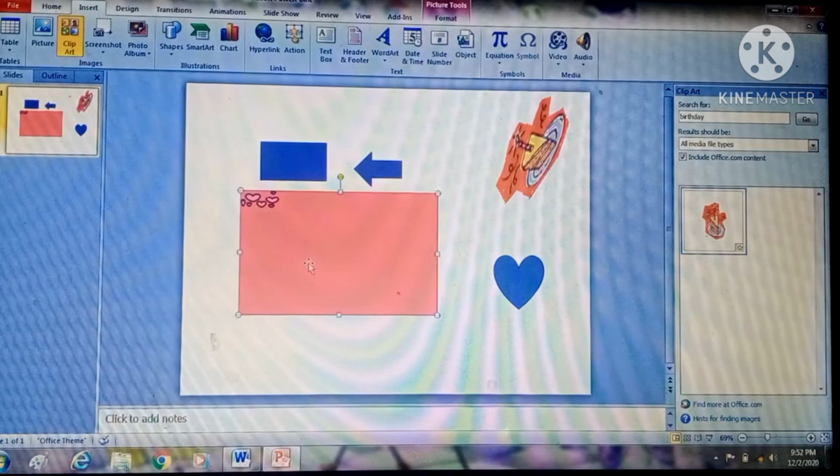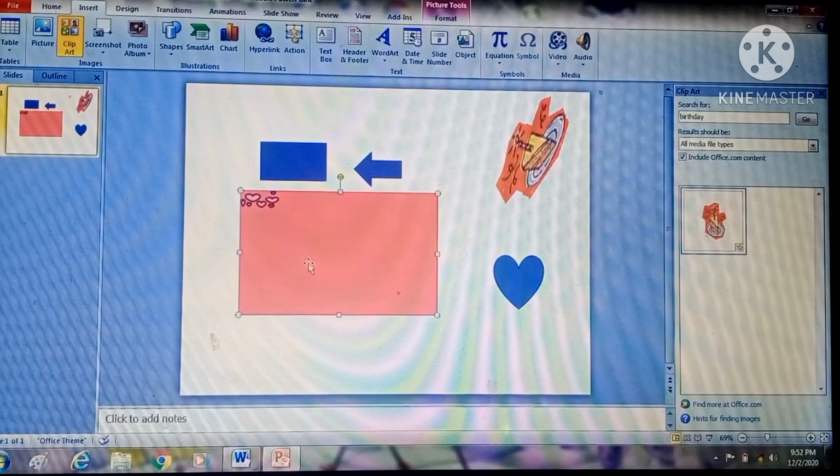Now this was all about this chapter. In this chapter we have discussed how we can insert images in a presentation. There are two methods to insert an image. We can insert an image from a file. We can insert an image from a clip art. Next we can format an image, like we can move an image, rotate an image, resize an image, delete an image.